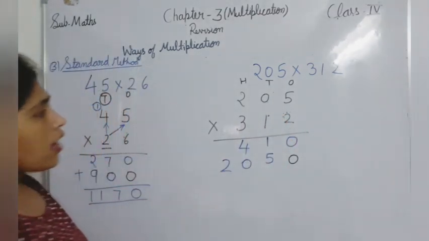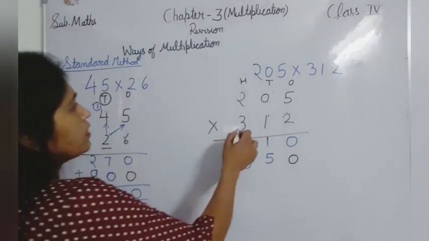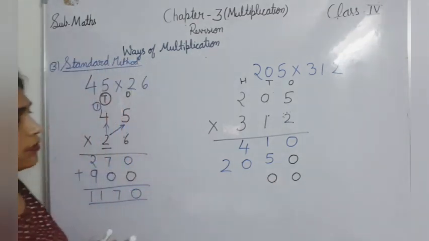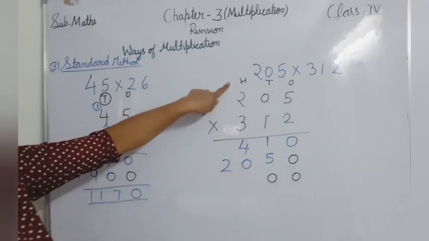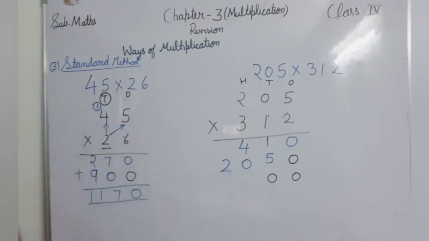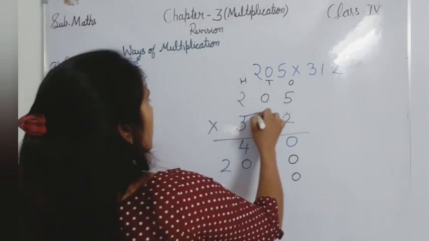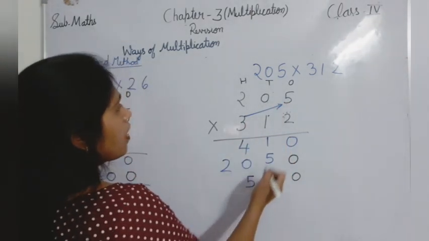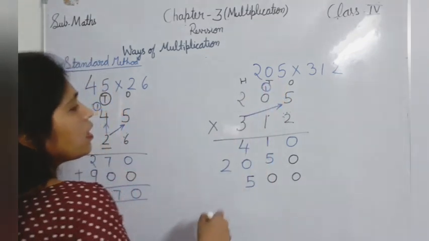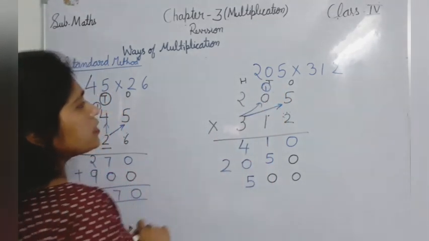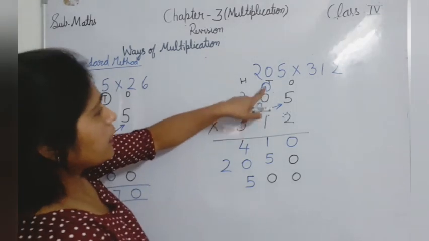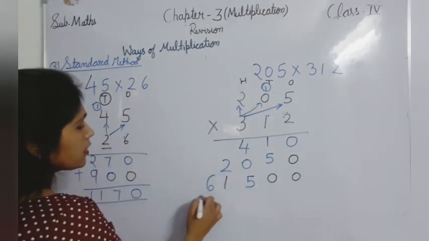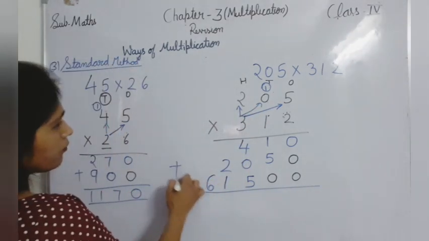Now we have to multiply the 3. Now 3 is on the 100 place. So on the ones place and tens place, again we need to mention 0 because 3 is on the 100 place. So now we have to start from the 100 place. So now 3 multiply by 5. So 3 5s are 15. 5 will come here and 1 will go carry forward. Now 3 multiply by 0 is equal to 0, and 0 plus 1, 1. Now 3 multiply by 2. 3 2s are 6. So now let's add them.